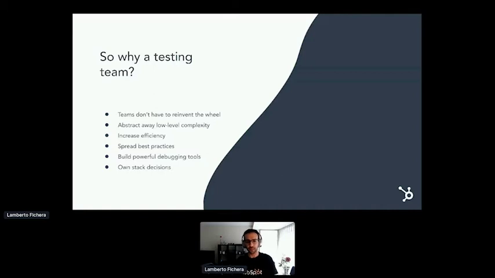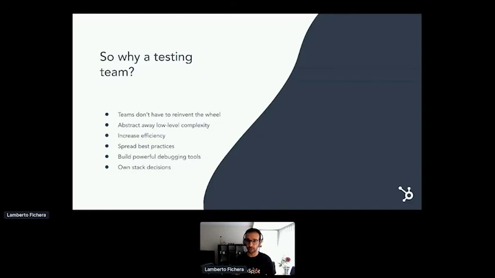Ultimately, also, a testing team owns. It's all about ownership as well, because if a new framework comes up and all of a sudden it's the mood of the moment, and it's really better, it's easy to get into the situation where some teams are using the new technologies, some teams are not, and this creates inconsistency, and overall it's not as productive. It doesn't make your engineers as productive as they would be if they could rely on a testing team to own those decisions and to create the guidelines to use those new frameworks, for example.